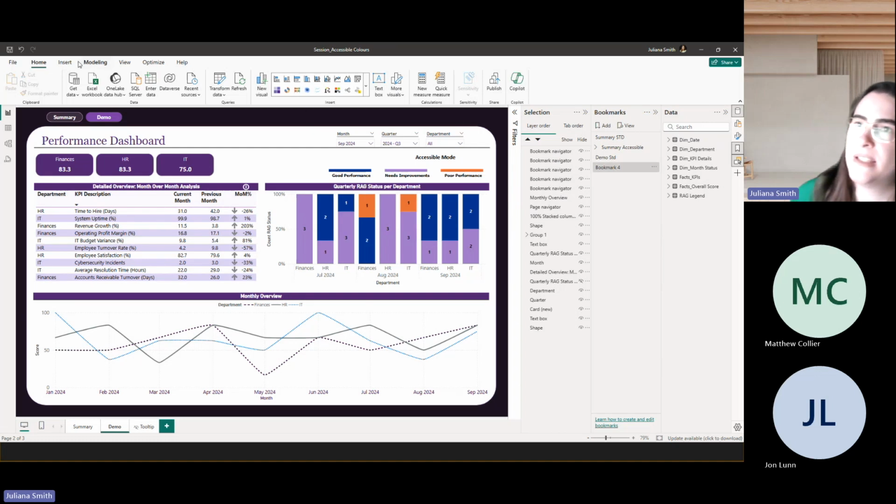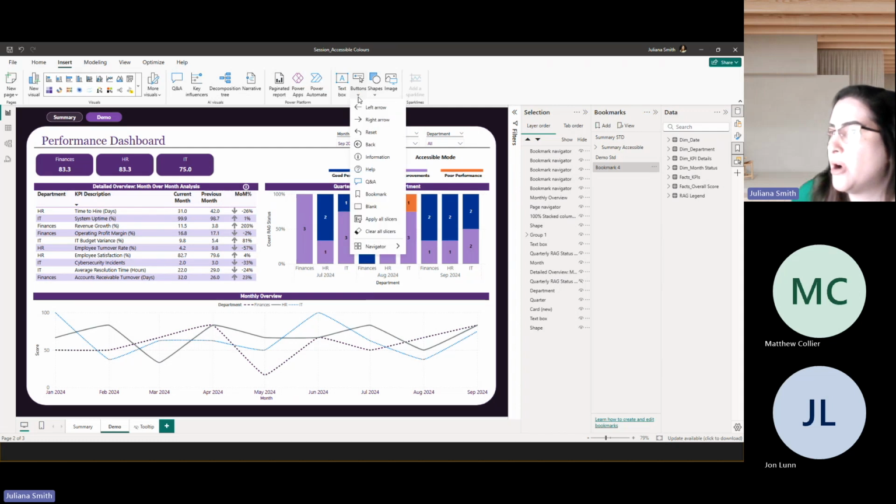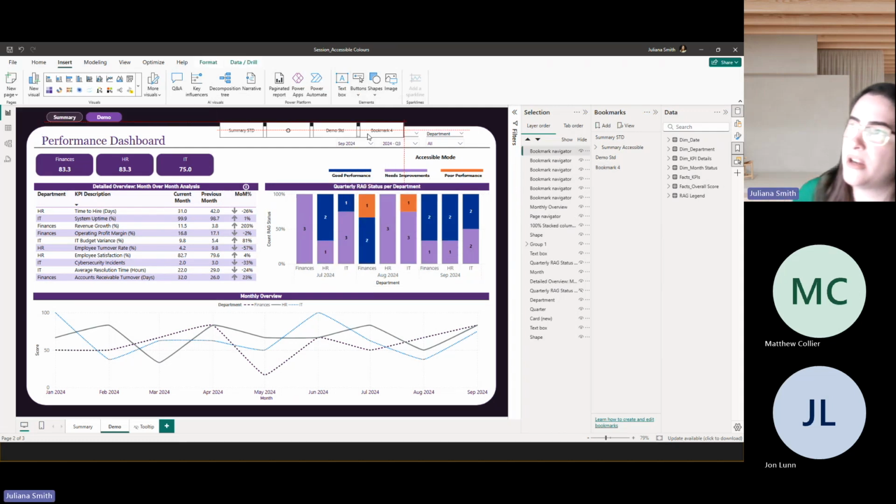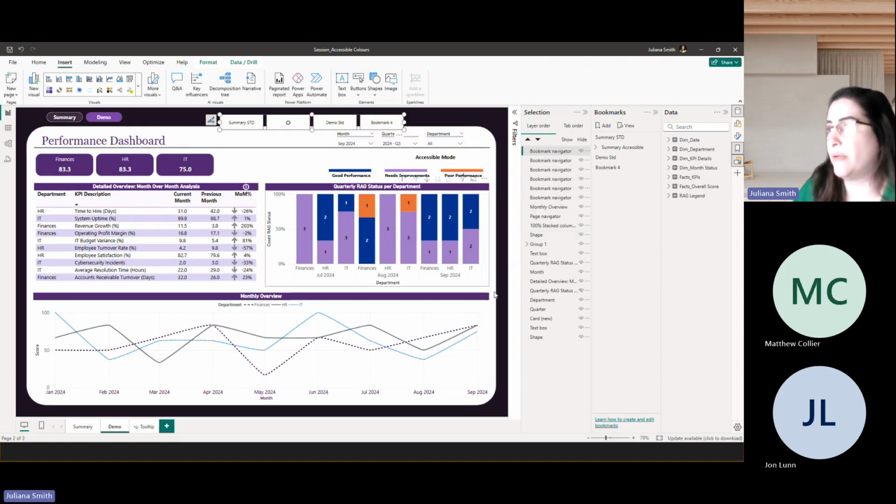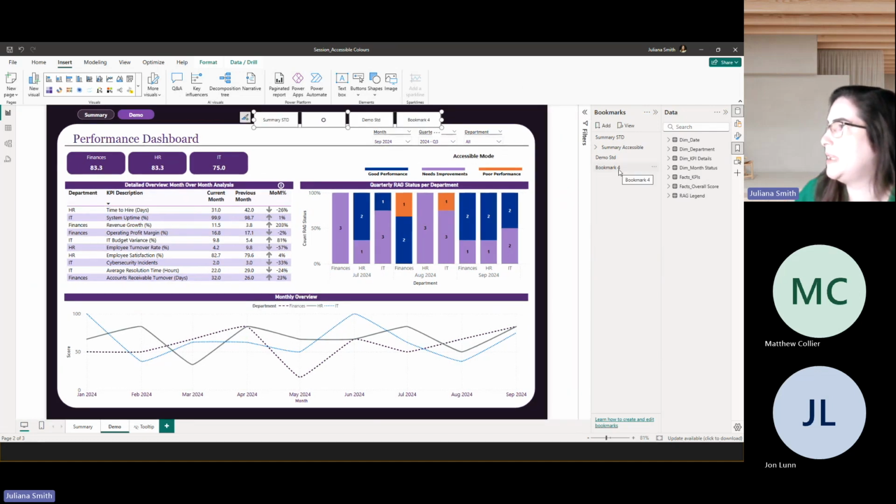So let's get started then. We have to insert a bookmark navigator. And once we insert the bookmark navigator, it will show all the bookmarks that we have on our report. That's not exactly what we want. So let's start formatting. So first, I'm going to format my